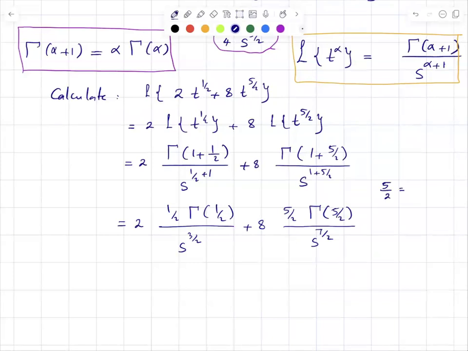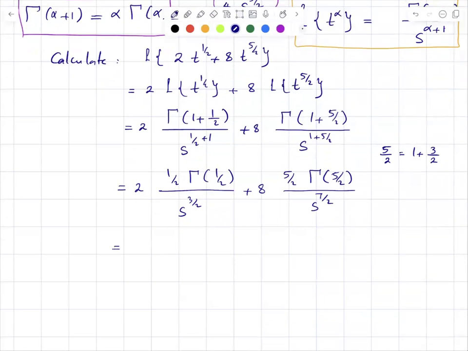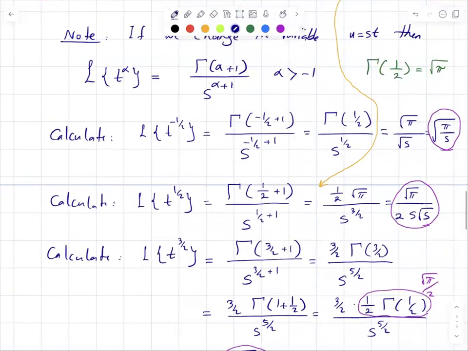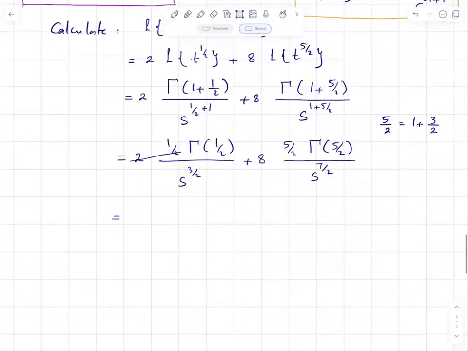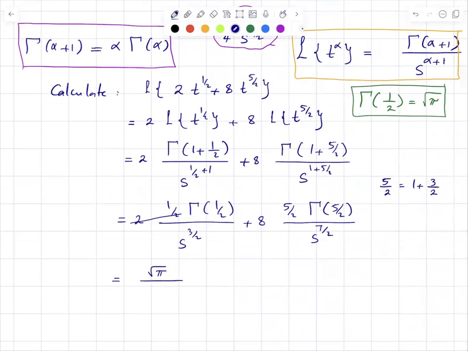5 over 2 can be written 1 plus 3 divided by 2. And then you can break it down further. So you get 2 times a half. We can cancel these 2 out. And the gamma of a half, as you remember, we calculated this just right here, square root of pi. Let me put this one here as well and put it in a box. So this can be written as square root of pi divided by s to power 3 halves plus,